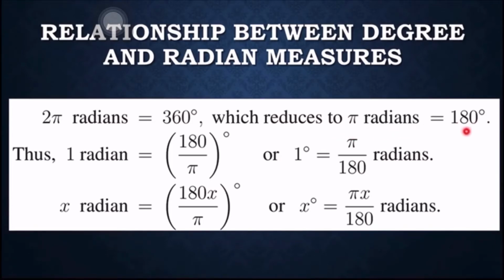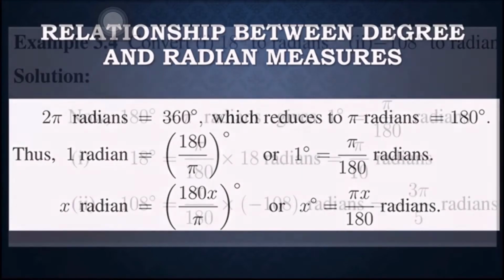As pi radians is equal to 180 degree, we can write it as 180 degree is equal to pi radians. So, 1 degree is equal to pi divided by 180. Both the sides are divided by 180, and we can cross multiply the 180. So, 1 degree is equal to pi divided by 180 radians. These two are the important formulae to convert radians into degrees as well as degrees into radians. Okay, so 1 radian is equal to 180 divided by pi degree and 1 degree is equal to pi divided by 180 radians.